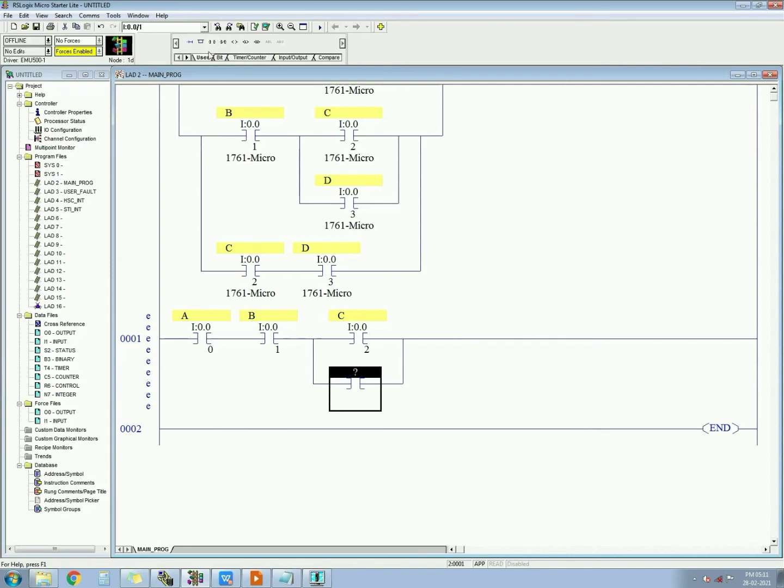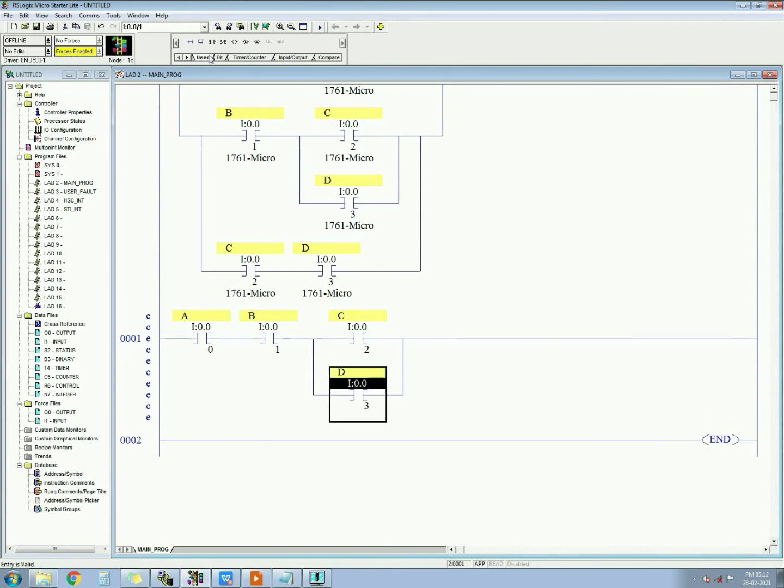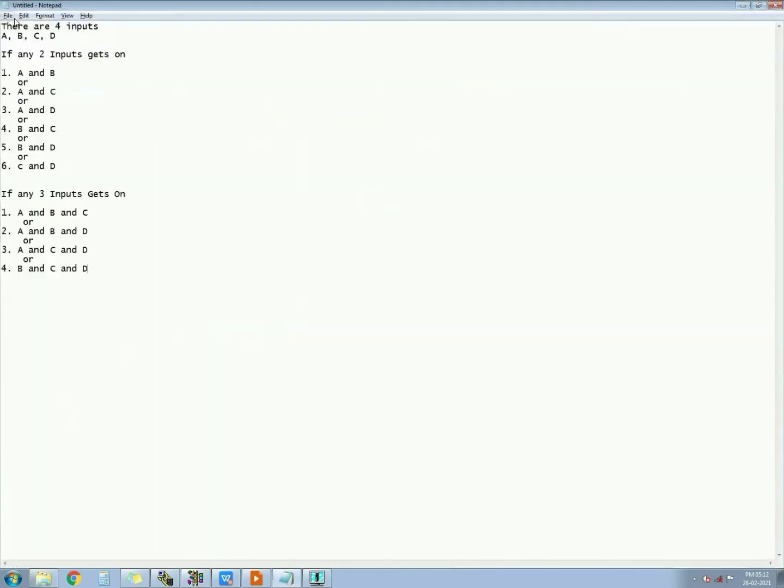I1:0.0/3. To make it simpler, you can repeat AB also. In the second, you can take a parallel to ABC, or repeat AB and make a simple ABD. If you want to see how to do that, you can check question number 10. I have explained that, so I will not get into it in this video. Now ABC, ABD, then the next pair is ACD and BCD.